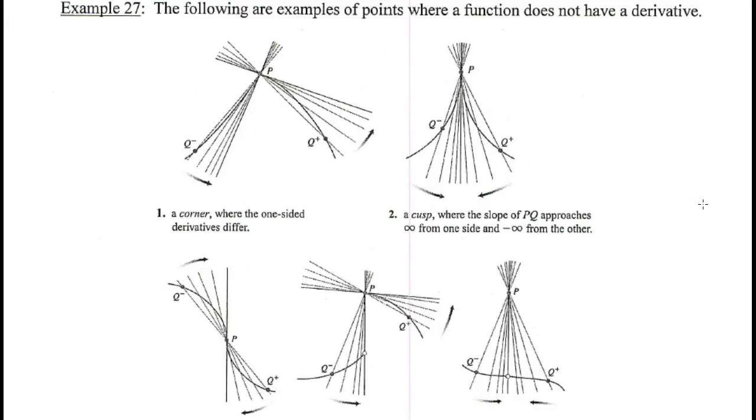Okay, we're up to example 27, and we're still in section 3.2. This is about the derivative as a function. This is just a simple visual example for you. There's no work here. I just wanted to show you examples of points where a function does not have a derivative. So in general, what you have to remember is that the derivative of any function is a limiting value